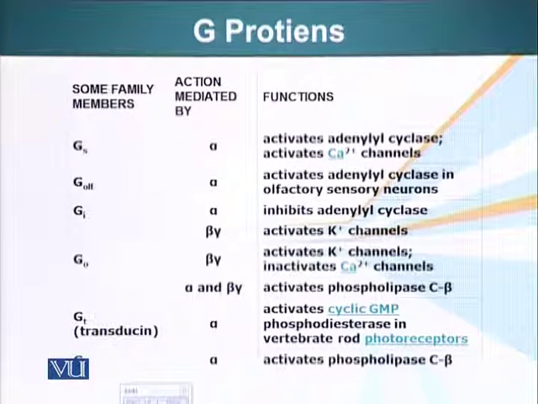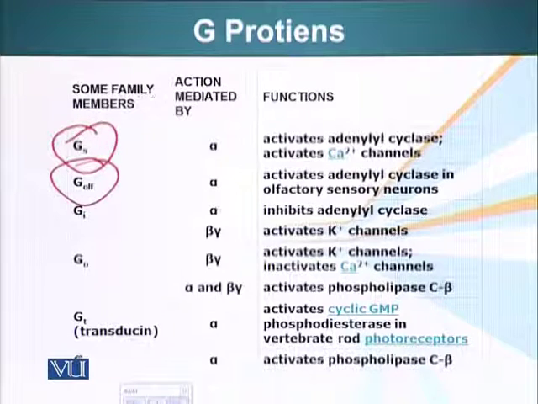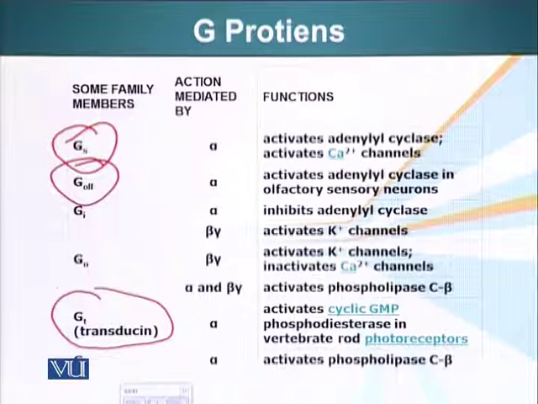I would like to recap some of the G proteins we have talked about. Gs is the stimulatory G protein which activates adenylyl cyclase once it interacts with the receptor which has been bound to its ligand. G olf is the G protein which is present in the neurons of our nose. Gi is the inhibitory G protein which inhibits the function of adenylyl cyclase. Gt is G transducin. It is a G protein which is present in our eye rod cells. Gq, the alpha subunit of this G protein, activates phospholipase C, which results in production of DAG, diacylglycerol,